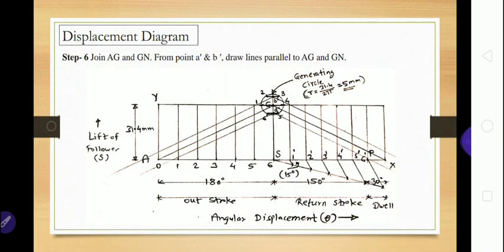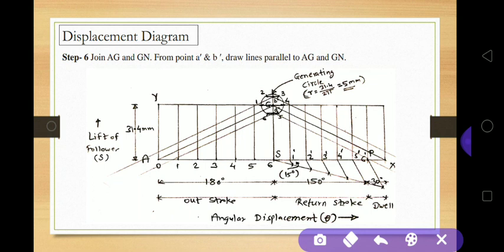Next step is to join this A point to G point and this G point to P point by one small faint line. Similarly, parallel to this AG line, draw one parallel line passing through that A dash point towards this A point. Similarly, passing through B dash point and parallel to AG, draw one parallel line. Similarly, on this return stroke side also, draw one parallel line to GP,